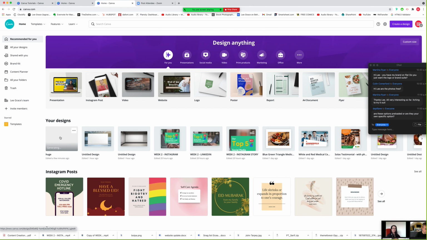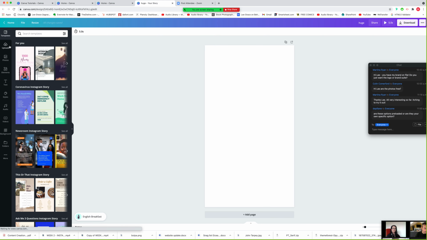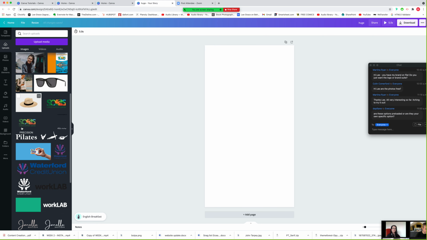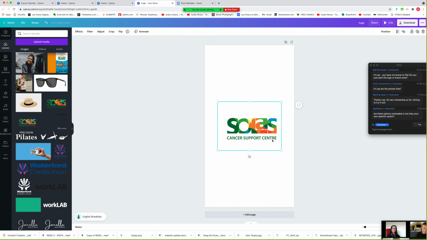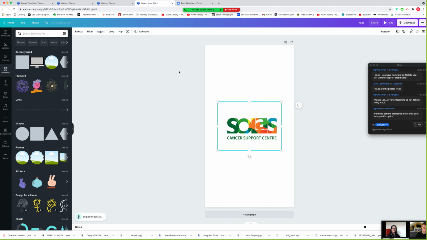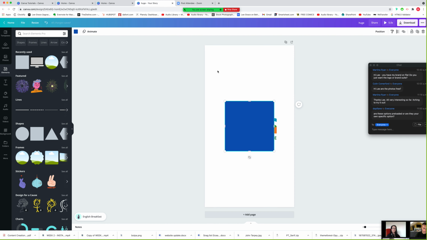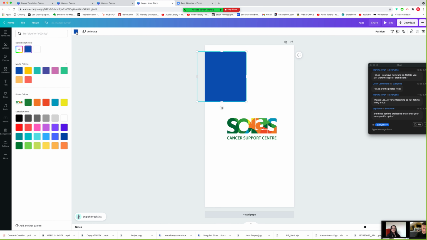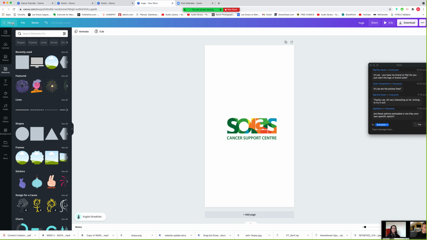So if I go back to what I was working on there, go to uploads, and say we have again the Solus logo as I used earlier on. If I get that, and click on that, and I go to, let's just see, elements, and I drag in square, click it in, and then I click on the color of the square. If I go down here, then I can see the colors that are specifically in the Solus brand there, so I'll go back home to the brand kit,